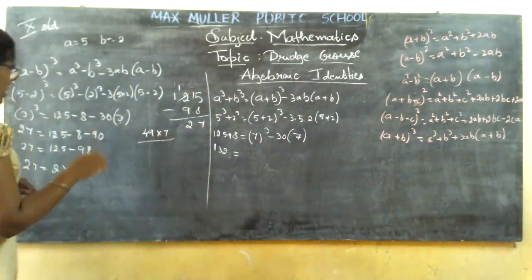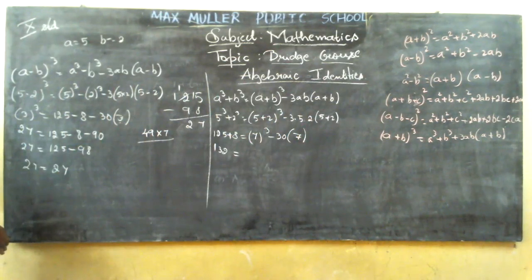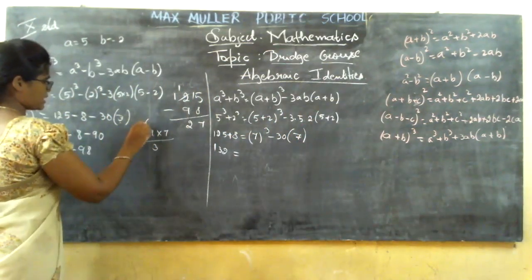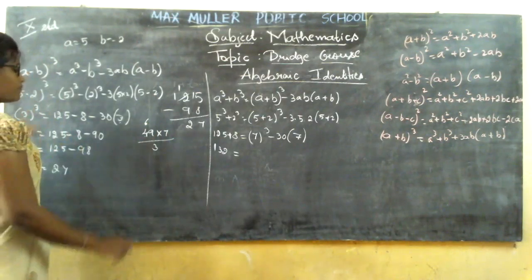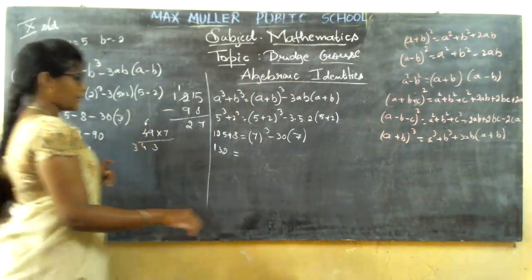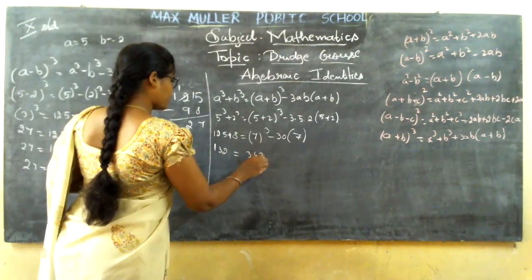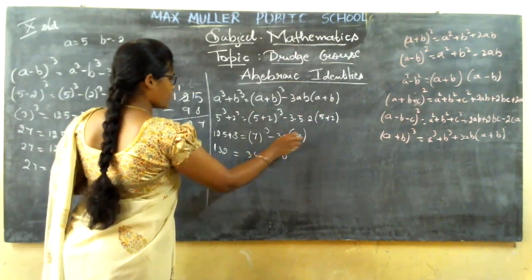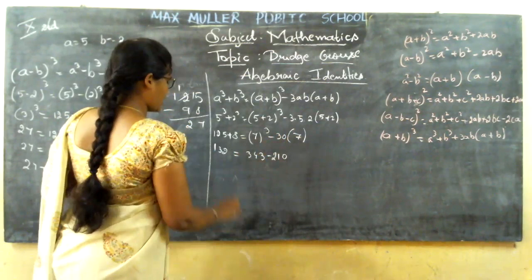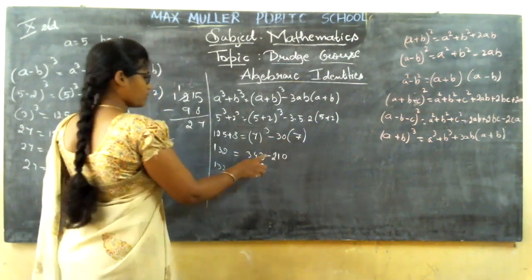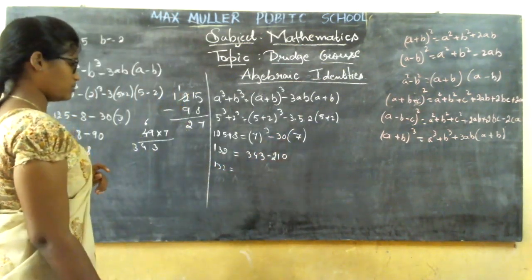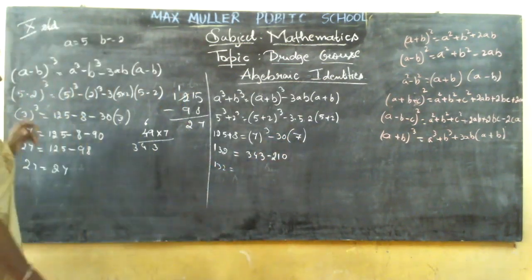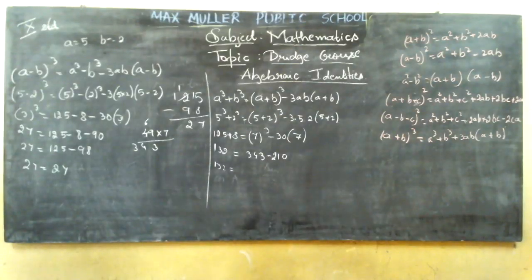Which is equal to 7 7s are 49 into 7. So how much is 7 9s? 63, 3 6 carry. 7 4s are 28, 28 plus 6 is 34. Minus 7 zeros are 0. 7 3s are 21. Correct. So let me subtract it. Is there a mistake? 7 7s are 49.